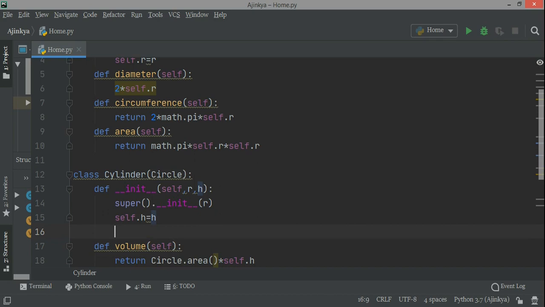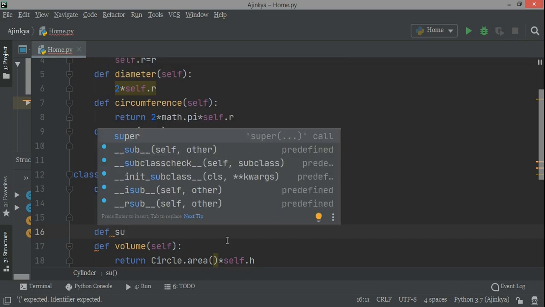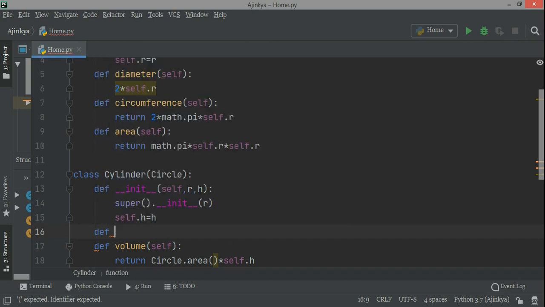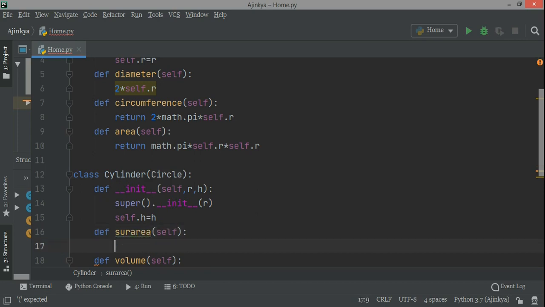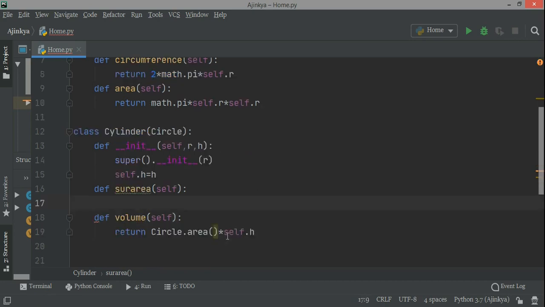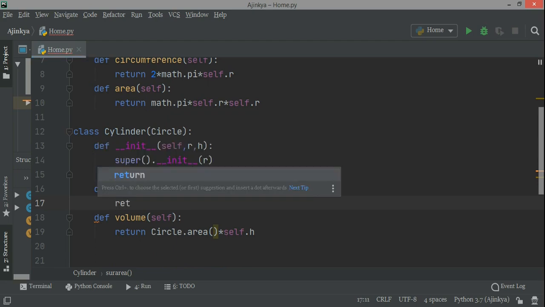Surface area is 2 pi r, that is the circumference of the circle, into height, and the volume is pi r square h. So I can call it like the circle dot area, this way also it can work. So now I'm calling the area function with the help of circle dot area, the name of the class, and this area function.